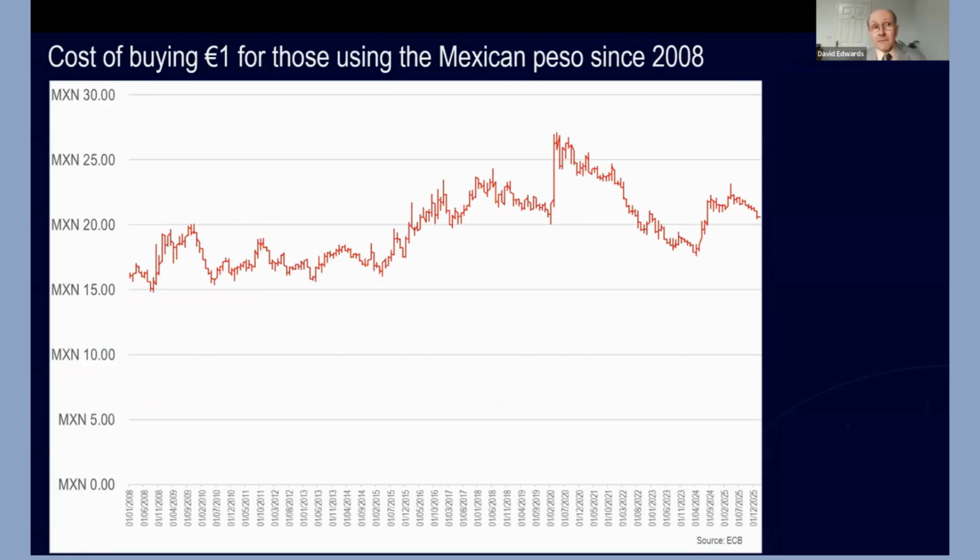I don't have data for the Mexican peso from the same source, so this is just daily data, which is why it wobbles around quite so much, from the ECB going back to 2008. The story here is that for the most part, what it's costing Mexicans to come to Europe at the present time is pretty much the same as it was in the late 2010s.